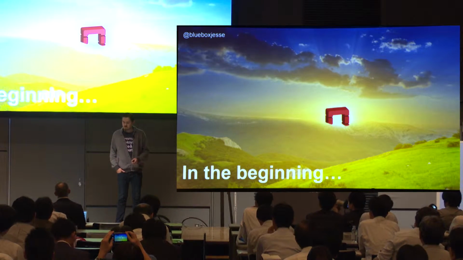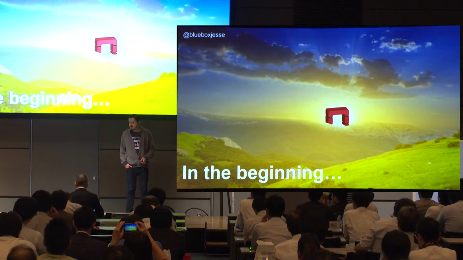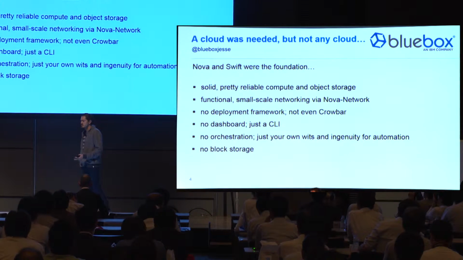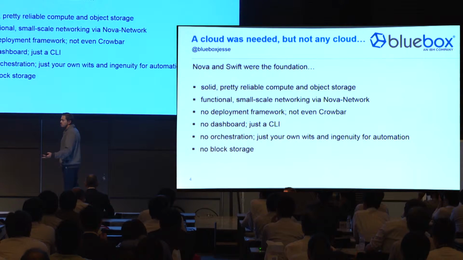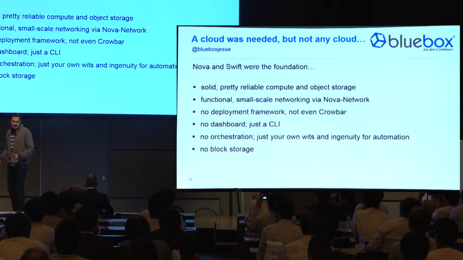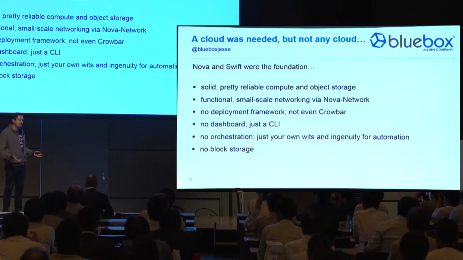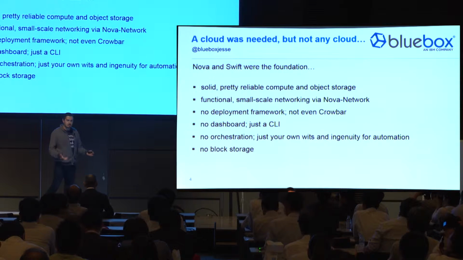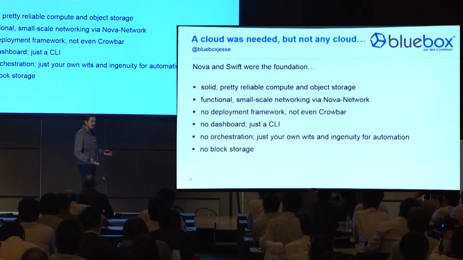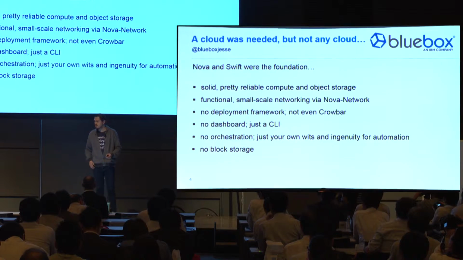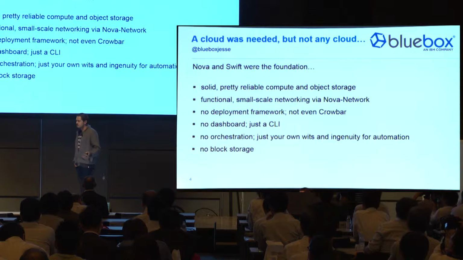So OpenStack was founded 5 years ago as a project, and in the beginning, it was a very simple set of technologies. There was Nova, which was the compute driver, and Swift for object storage. And it was a pretty solid offering. It did two basic things. Two things that, if we keep in mind, in 2010, Amazon had been doing for a number of years, so a little late to the game, but it worked well.